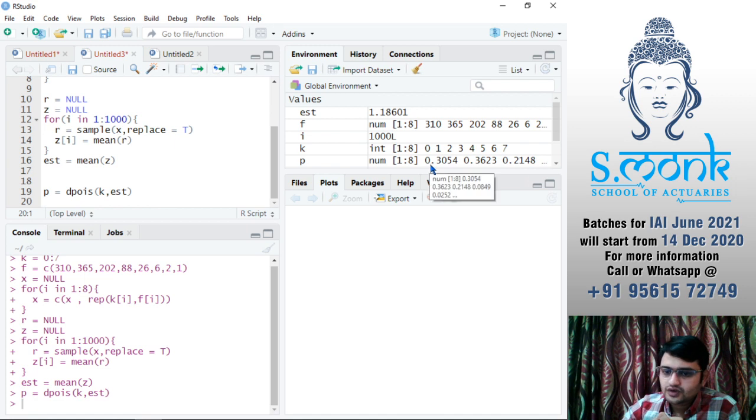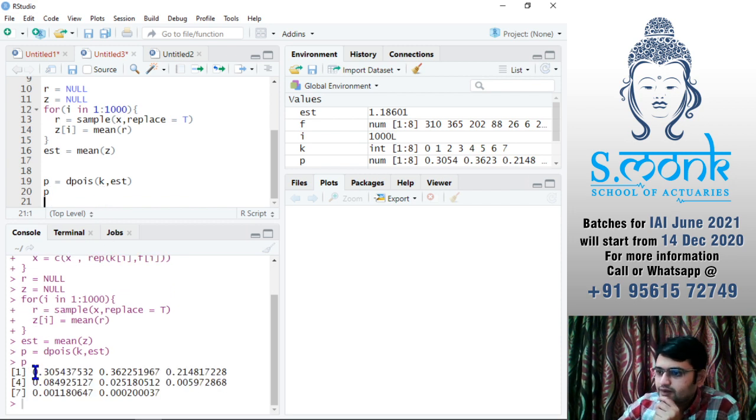Okay, I'll show you the probability. These are the probabilities. Now this is probability x equals 0, x equals 1, x equals 2, and so on. And this value is probability x equals 7, that we did not want. We wanted x equal to or greater than 7. That is what we wanted here.